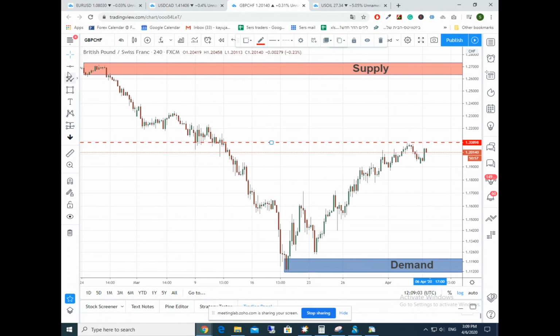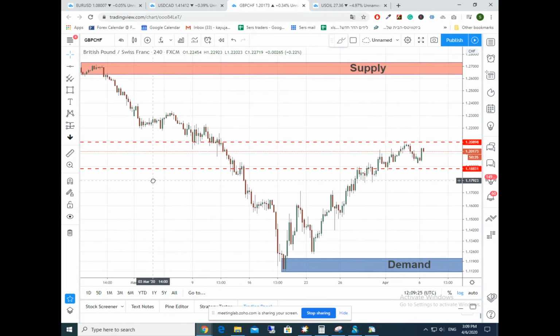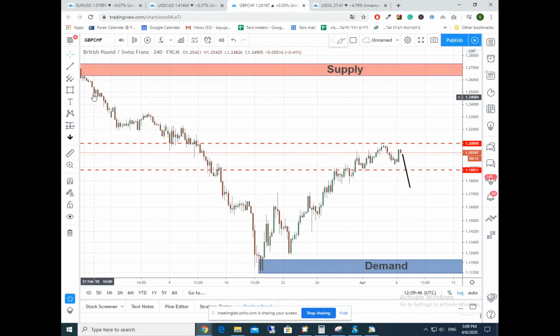And if the price breaks out the last low, which is about this support resistance, if that happens, it indicates that the price most likely is going to visit this demand first before the supply above. So if that happens, as we saw before on the US dollar and the Canadian, it's the same situation that I'm looking for. If the price breaks out this support, the last support here, which is the last low of this uptrend, I will look for a price action to sell the GBP Swiss,